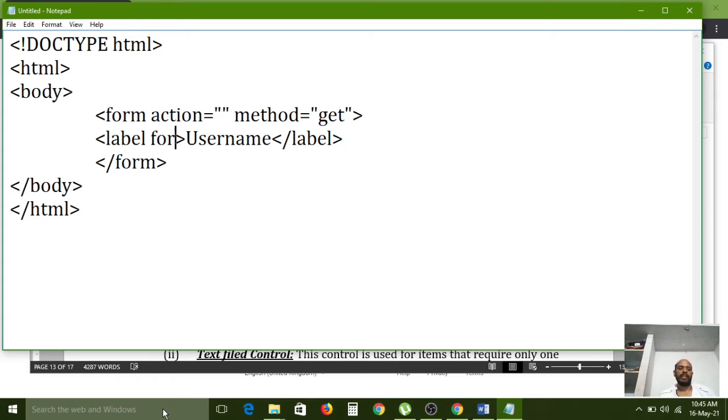If you want to use any attribute for any particular element, we need to use it in the opening tag. In the closing tag it will not work. So for is an attribute, and I have to configure one name here, username. Okay, username.